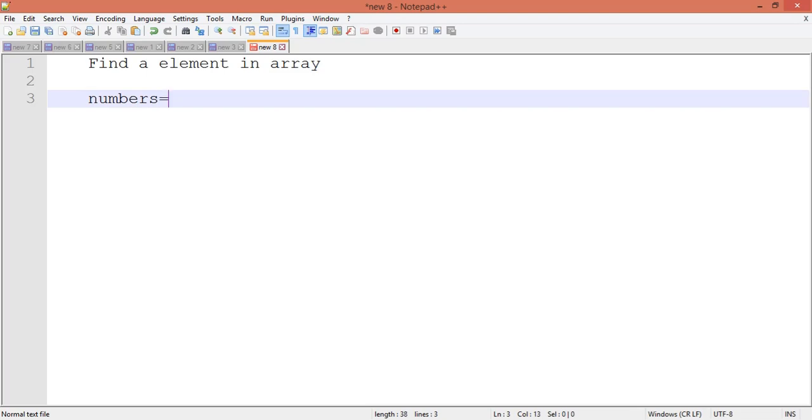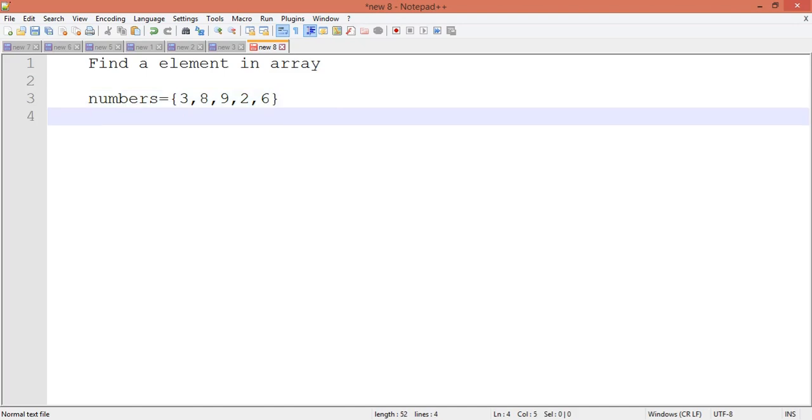This array has some numbers. Now what I have to do is check, let's consider a key, whether 5 exists or not. So the key value is 5 here.